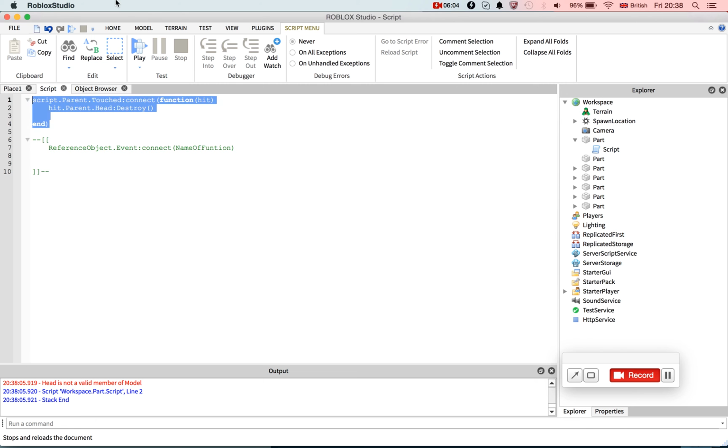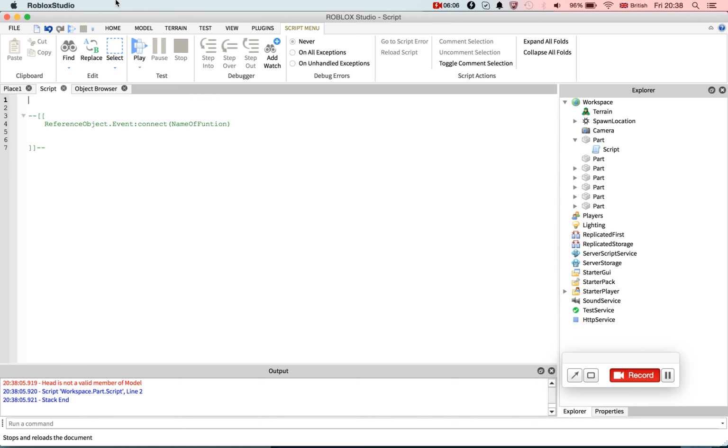So now we're going to do incremental loops. What this does is it's like a while true do loop, but it's a variable and it'll only run a finite number of times. So if I go a equals 10, while